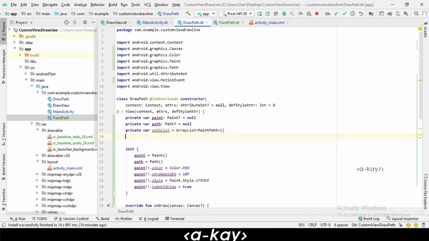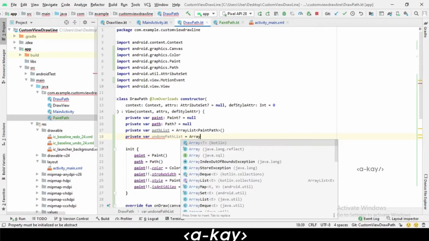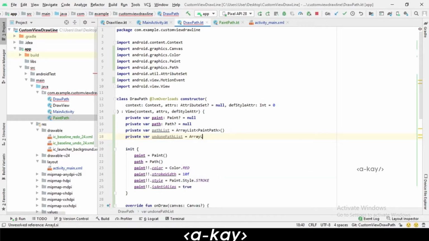We have to store our undo paths into a redo list. So we are making another array list, naming it undone path list, an array list of the same type, paint path. Okay, enough.